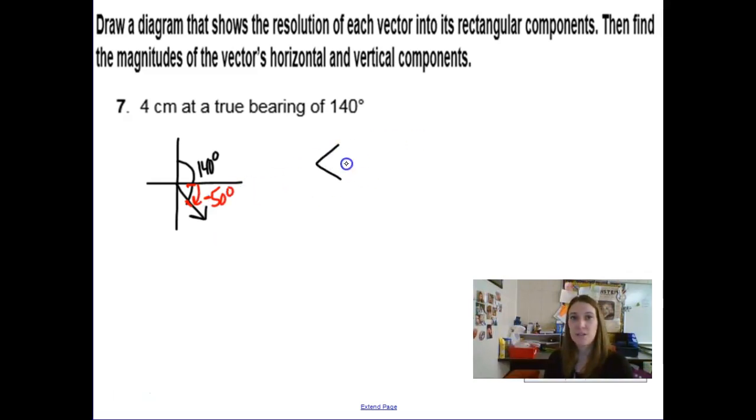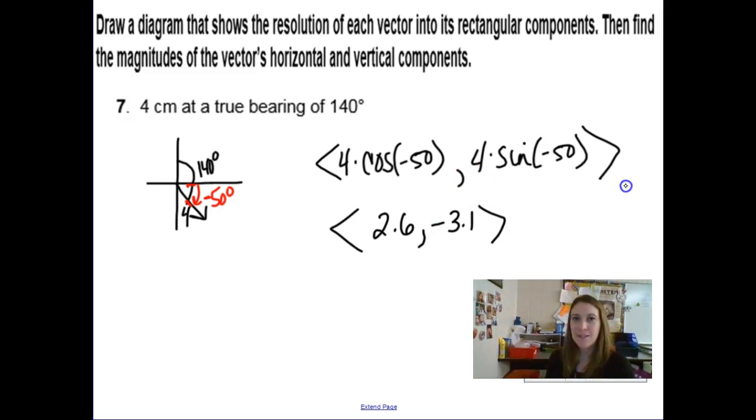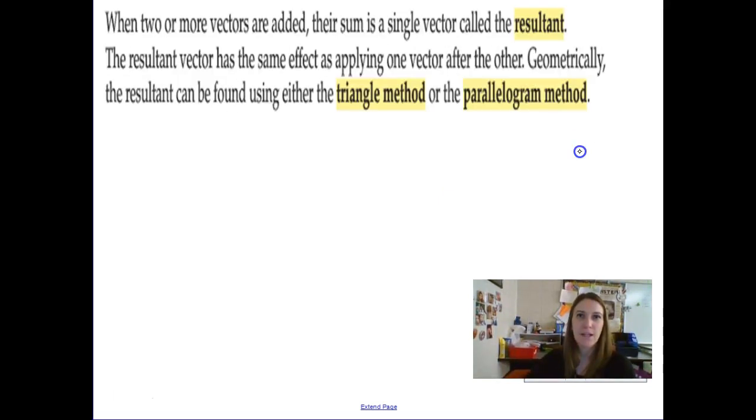So my horizontal component would be, with a magnitude of 4, 4 times the cosine of negative 50, so I get the right signs, and then 4 times the sine of negative 50, so I get the right signs. And when I type that in, I'm sure those sound effects really help, right? 2.6 comma negative 3.1 are my horizontal and vertical components. All right, so skipping 8, it's boring, and now it's about to get